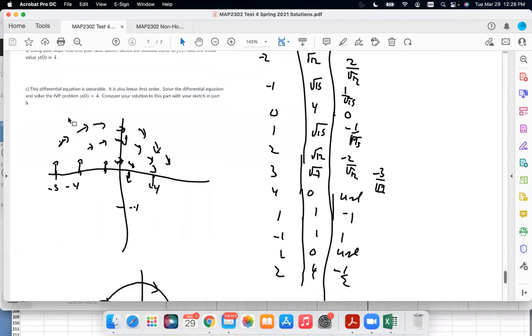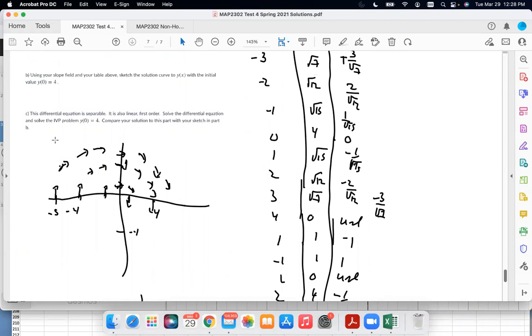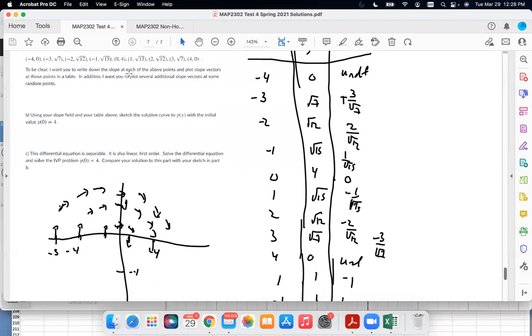And then once we get all of those, I wanted you to pick a bunch of extra points, just kind of make some up, and then use that to estimate what's going to happen if I start here. Remember, the whole point